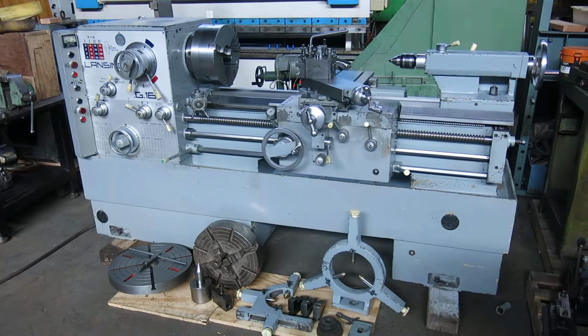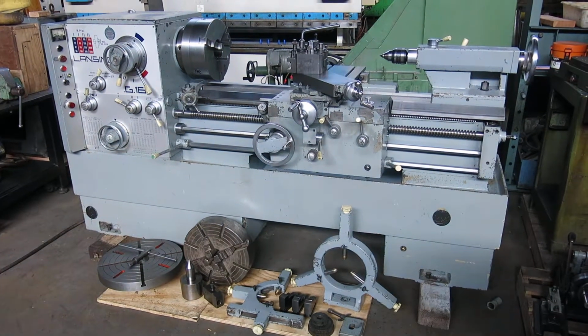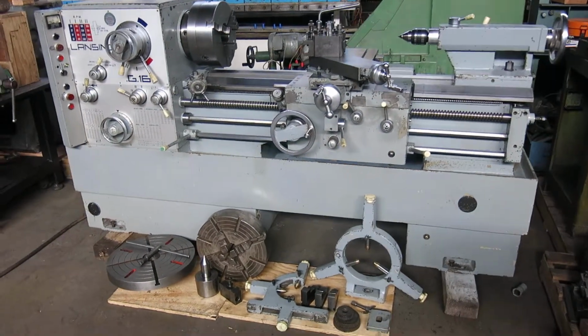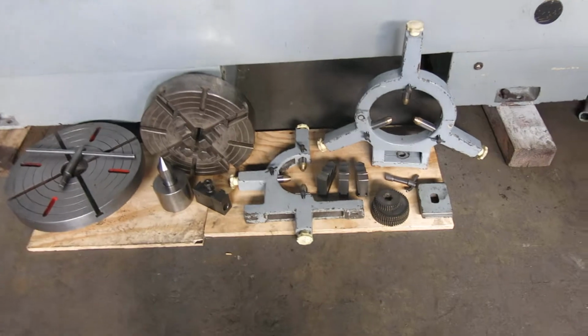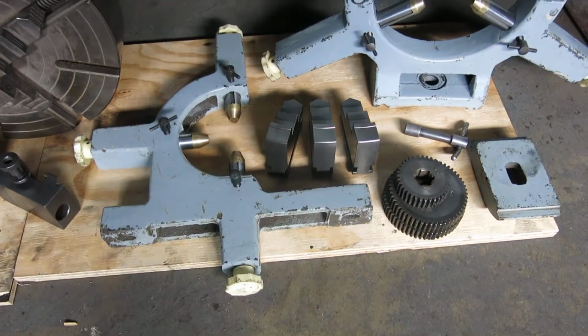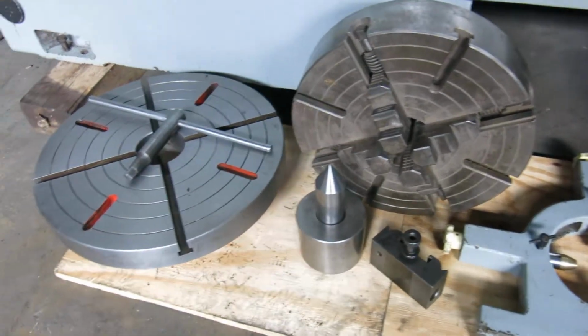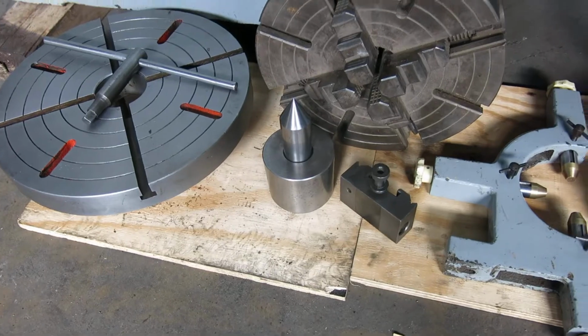Here we have a Lansing Model G 16 by 40 inch with a 4 1/16 spindle hole. We have the steady rest, the follow rest, a handful of loose change gears, the OD jaws for the chuck, 4-jaw chuck, faceplate, chuck key, spindle adapter,